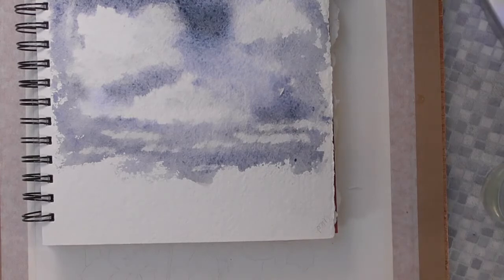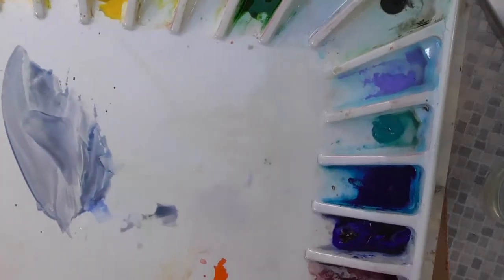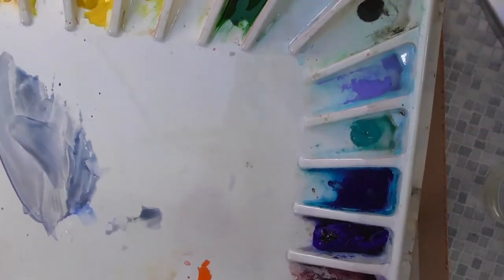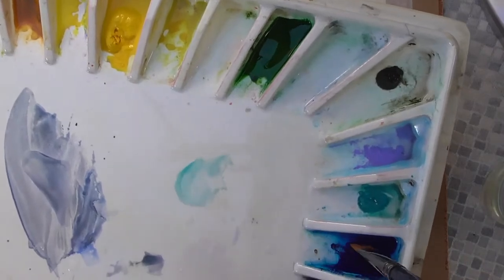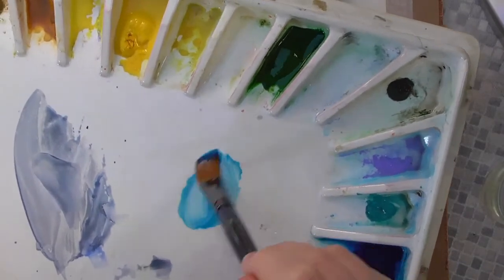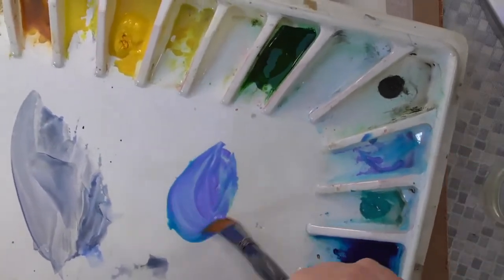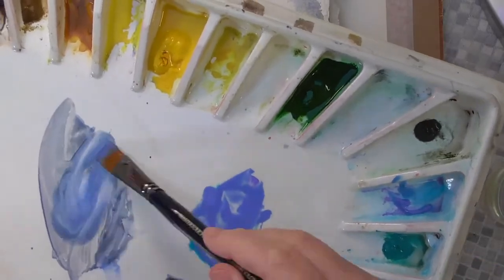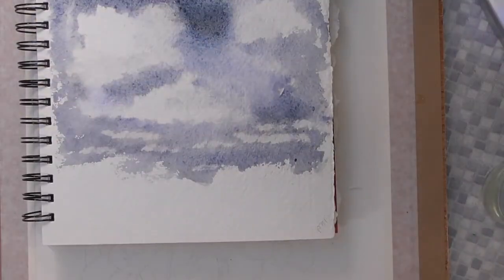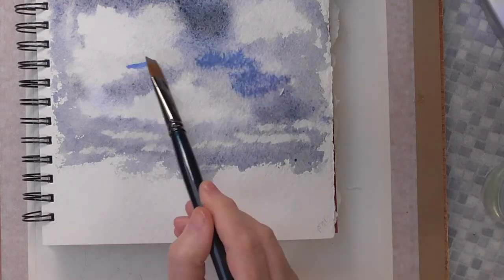Right, into this sky I fancy dropping some cerulean blue or something like that. Let's go for some turquoisey blue and a bit of Windsor blue, maybe a bit of lavender. Oh, that's it. That's a nice colour. Let's mix that in there and drop a bit of that in as well. So we've got some